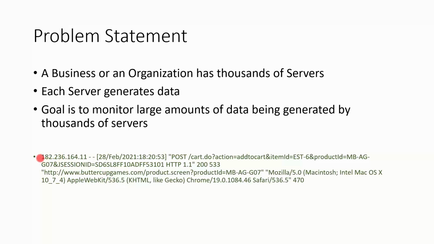If I know each person will be logging in from a different IP, say you are logging into Amazon from your mobile, you will have a different IP. If you access it from your home, you will have a different IP. If you access it from your office, you will have a different IP. So at any point of time, if I have cumulative data, I can get the number of users who are logged into the system. And like this, some 50k transactions happened.